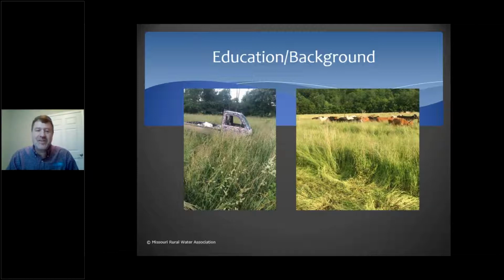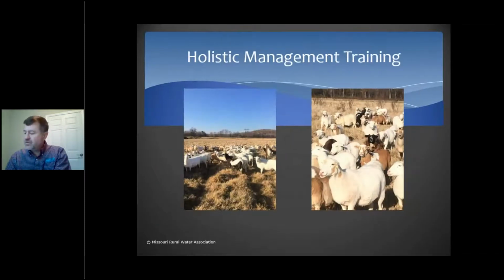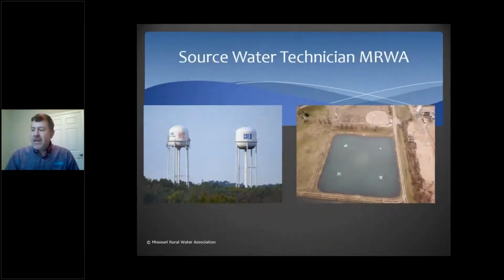So I assure you, a lot of things I'm talking about, the primacy agency knows about it, EPA knows about it, Chris's research definitely shows it, and most of the ag groups know about it and know that there's a problem out here as well. So this is not a new thing. Just a few pictures from my own operation, and like I said, we raise sheep and cows, and we do not do any row crop right now. I talked a little bit about source water. Like I said, each state has that.